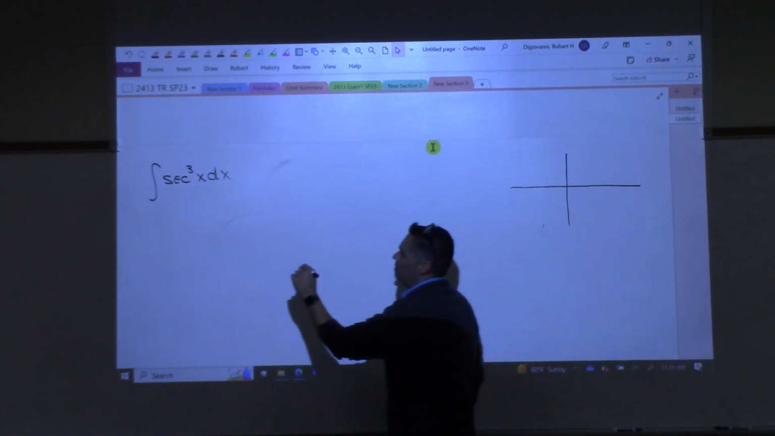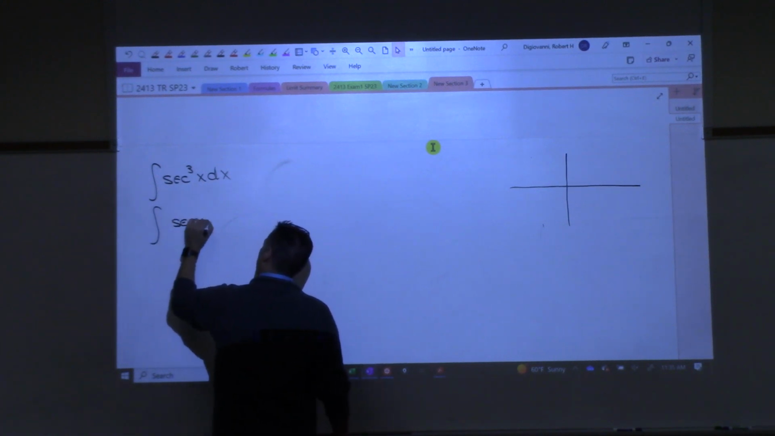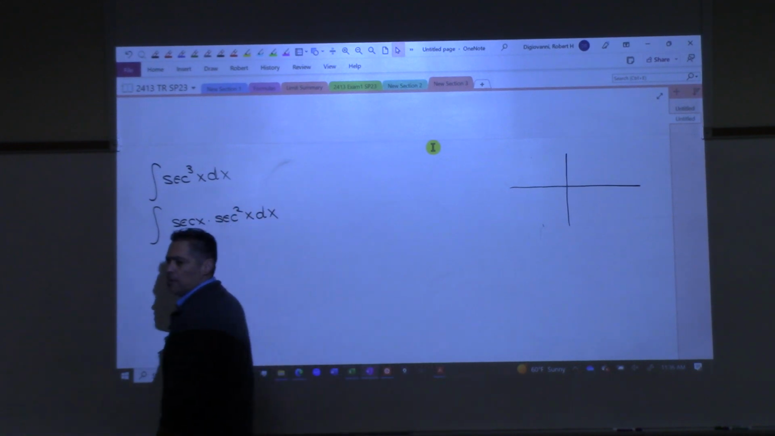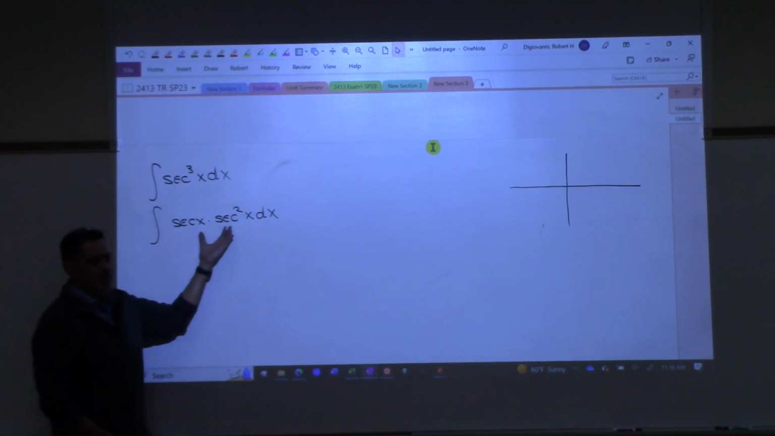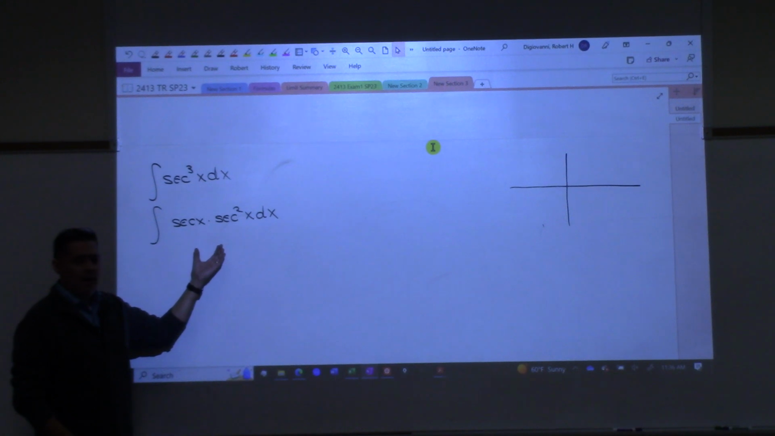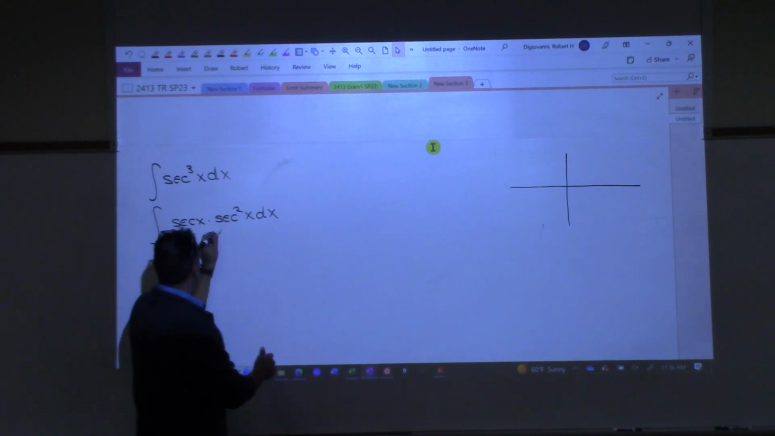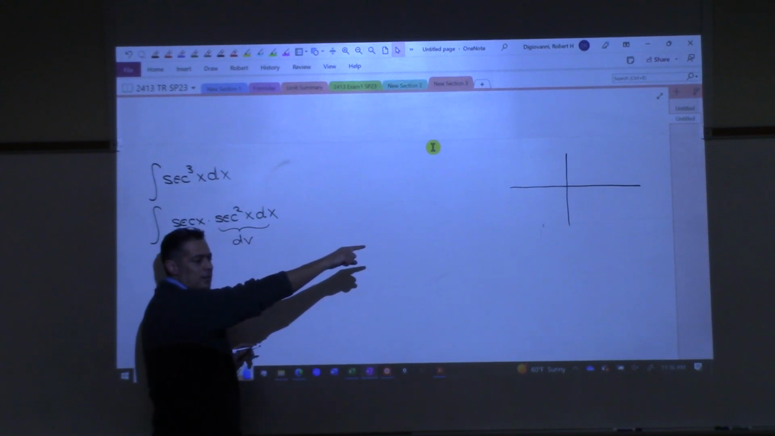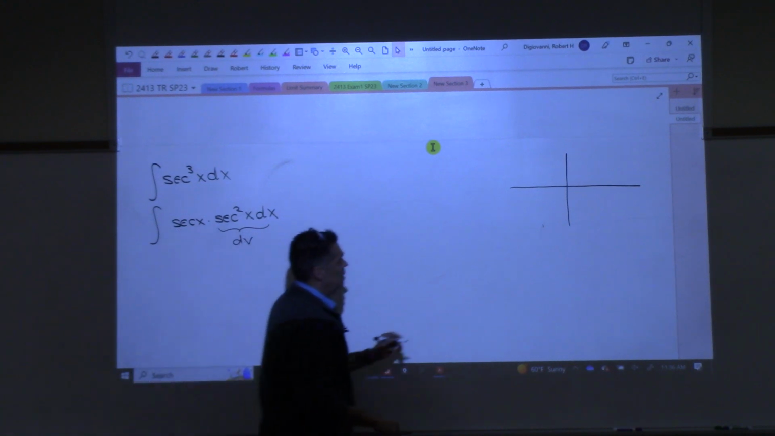And I'm gonna peel this apart into two pieces. I'm gonna go secant x times secant squared x dx. Right, that's what secant cubed is. And then if I'm looking at this with integration by parts, I know that that's the derivative of something, isn't it? That's the derivative of what? Tangent, right? So this can be my dv, because when I do integration by parts, I'm going to wind up integrating that, and it'll become tangent in my table, right? This will become dv,